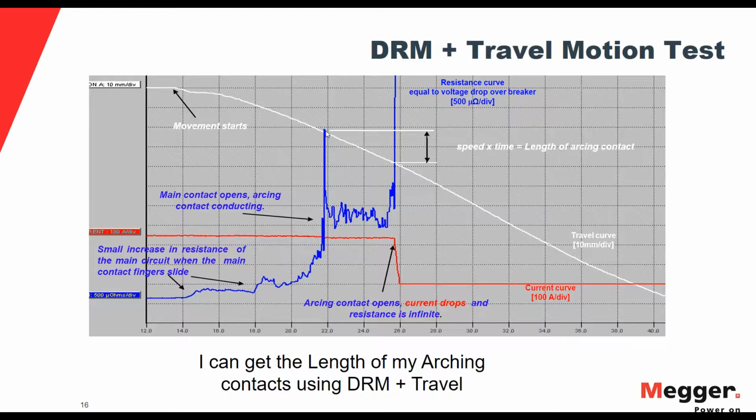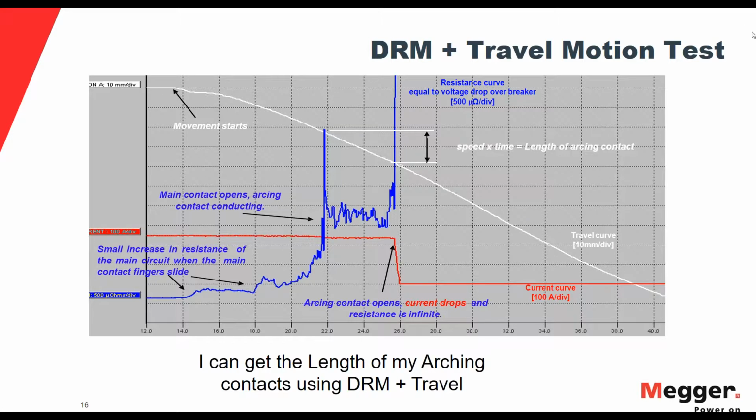So if I did this test now and I got a value of, let's say, 5 or 3 millimeter of touching each other, or depending on the circuit breaker design really, and then I did this test after 1 or 2 years, for example, and I get a slightly shorter length value, this means that my arcing contact has started to wear out,